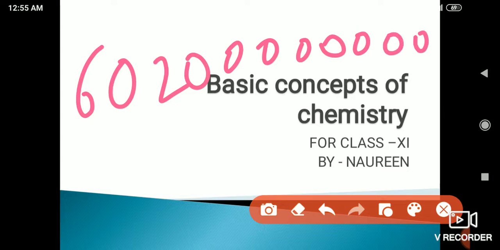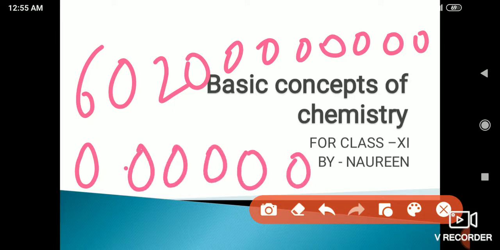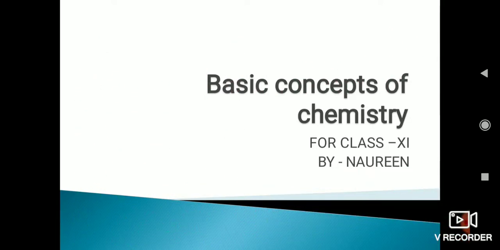And if you have to write a number like 0.000000, and so on it goes, and 16, it is not easy to mention, and also it is not easy to tell. For this purpose, to use such numbers in a very easy way, there is a term which has been used, considered as scientific notation.